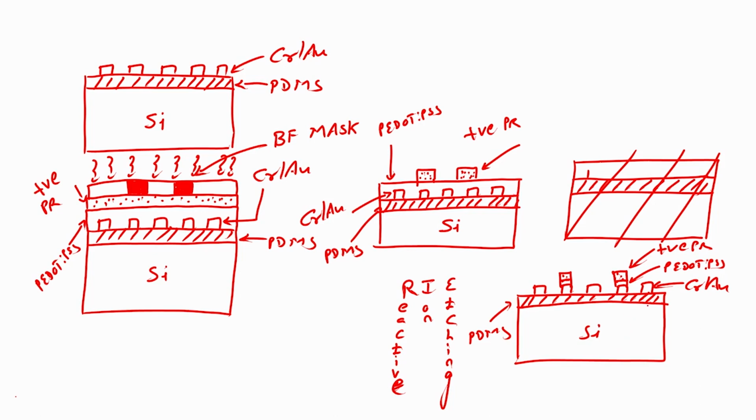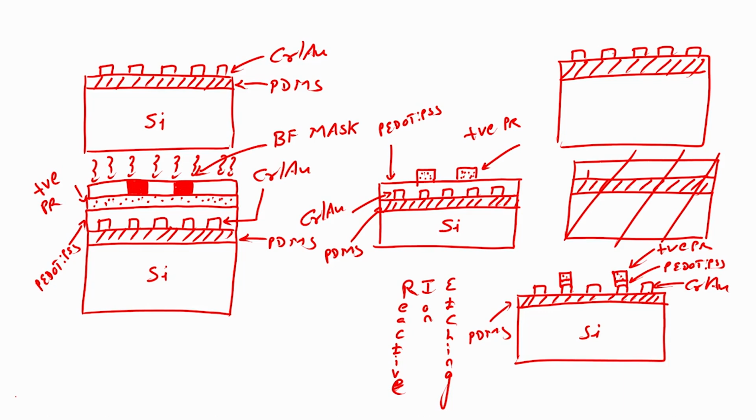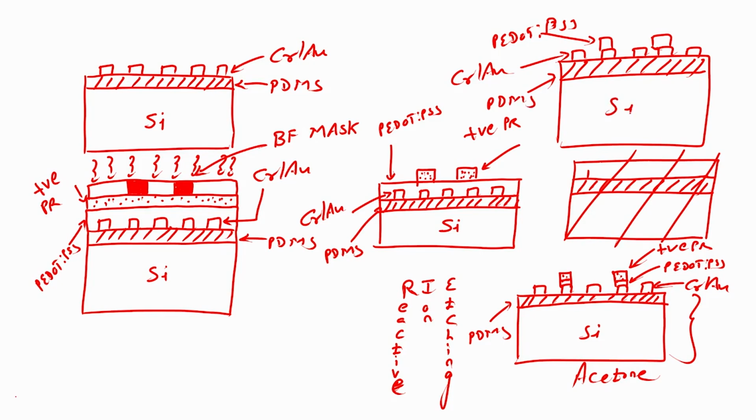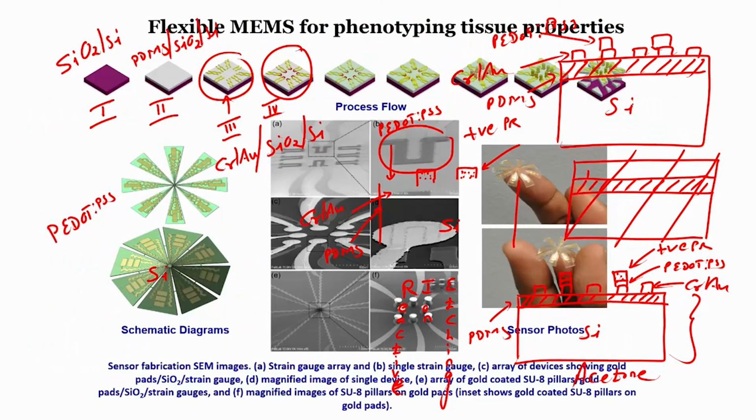Next step is, if I dip this wafer in acetone, what will I have? I will have PDMS on which there are interdigitated electrodes, on which there is a PEDOT:PSS strain gauge. If I dip this wafer in acetone, the photoresist will get stripped off. I will have PEDOT:PSS, chrome gold, and I have PDMS, and this is silicon. So, where have we reached? We have reached this particular point